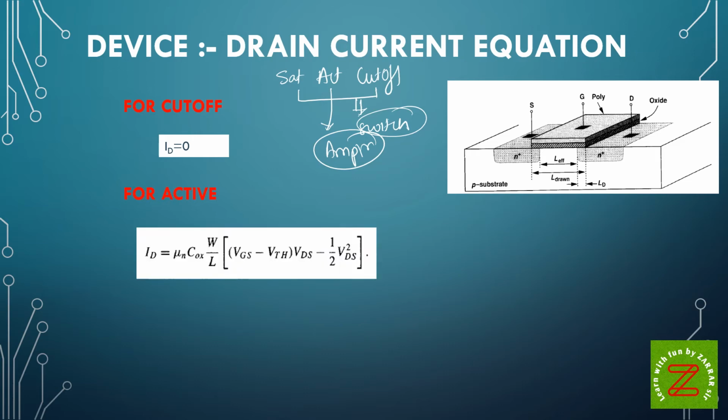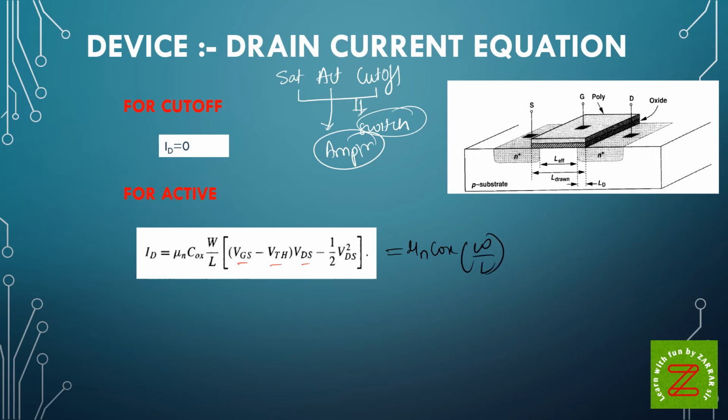Oxide capacitance, W by L, VGS minus VTH, VDS. So there are width, length, oxide capacitance, VGS, VTH and VDS. If you want, you can simplify this equation like this: mu n Cox W by L,